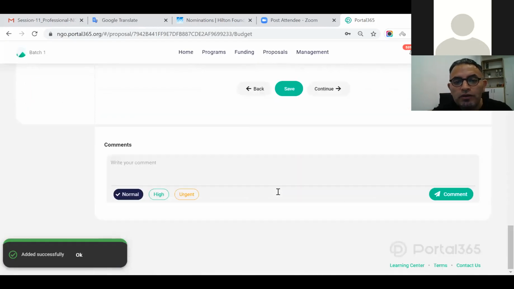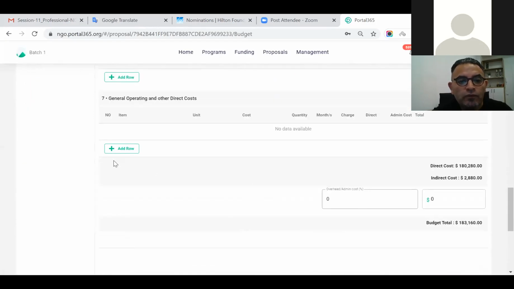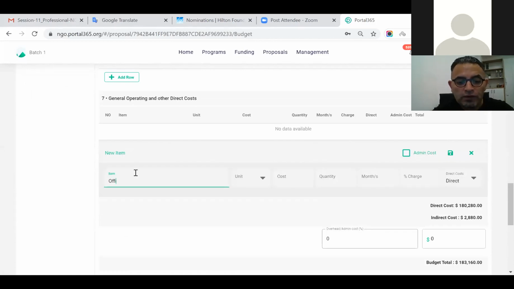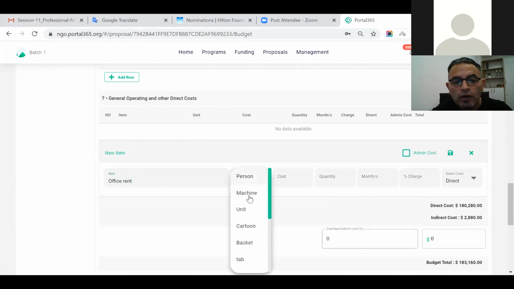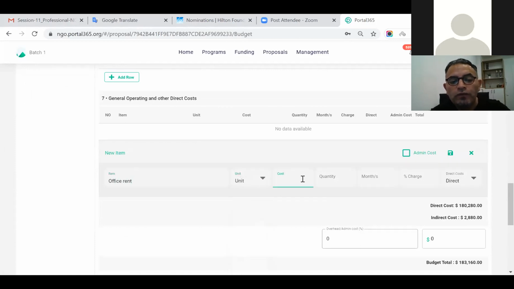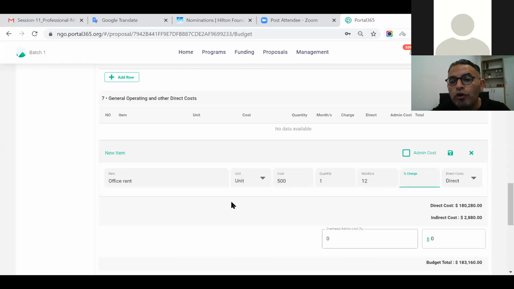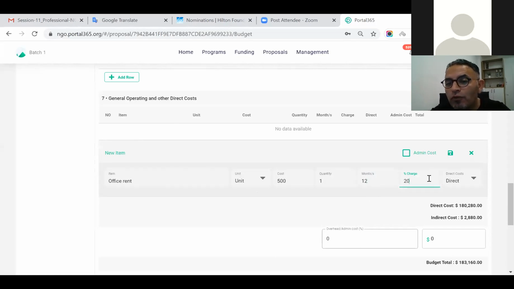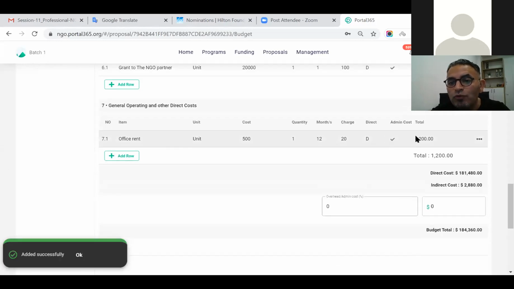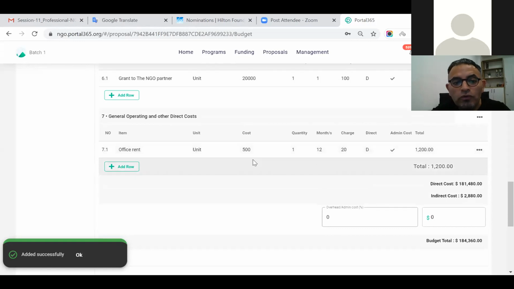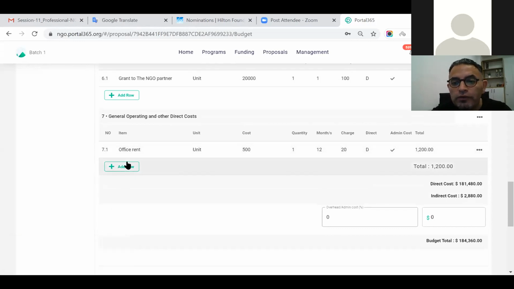The operation cost is done like this. So we have office rent, which could also be unit. For example, if the office rent is 500, it's only one office that is covered for 12 months, but the donor will refuse to charge 100% here. So if you have 5 projects, then it will be fair if you charge only 20% from the donor. So we include admin costs. Sometimes we don't include admin costs for this item. Or we could include, so let's see,